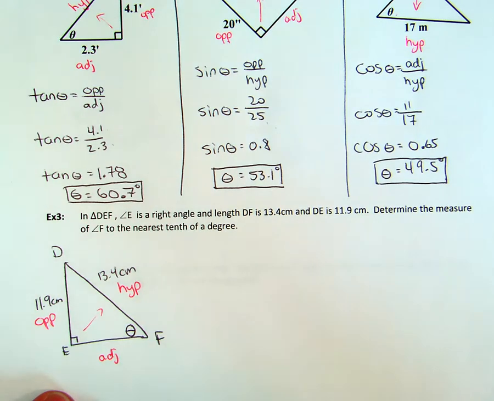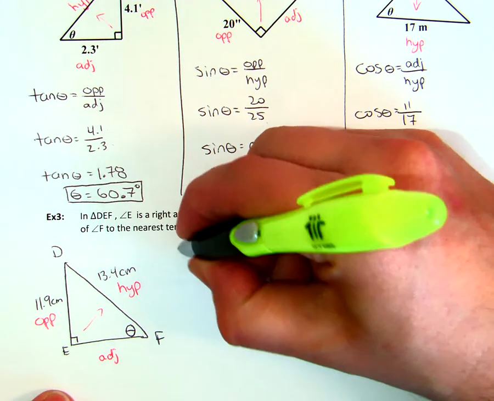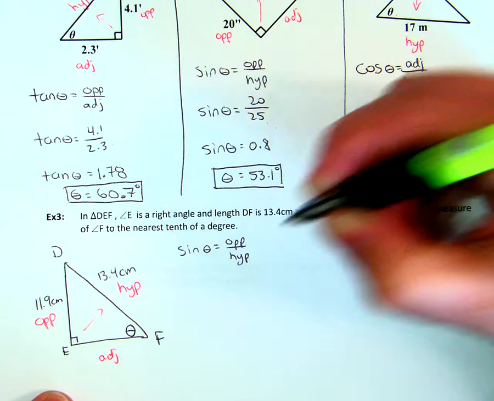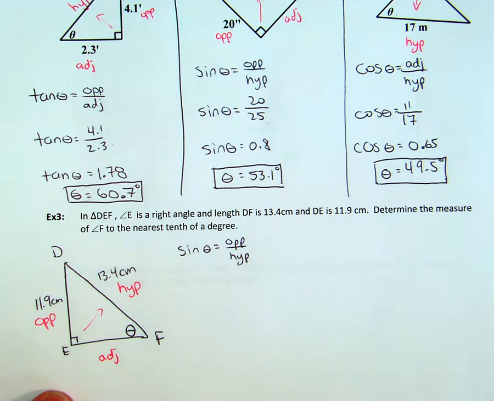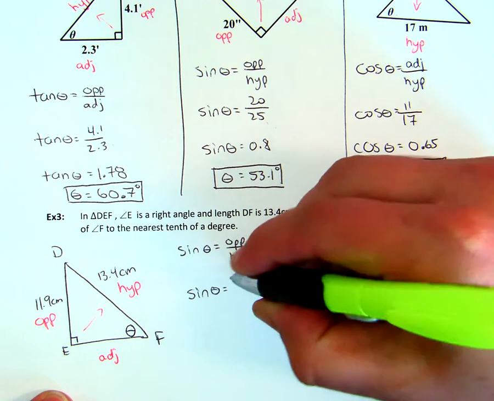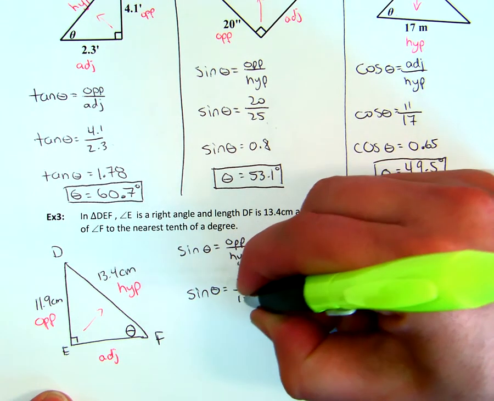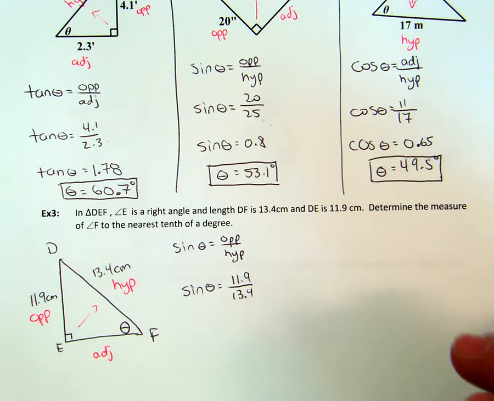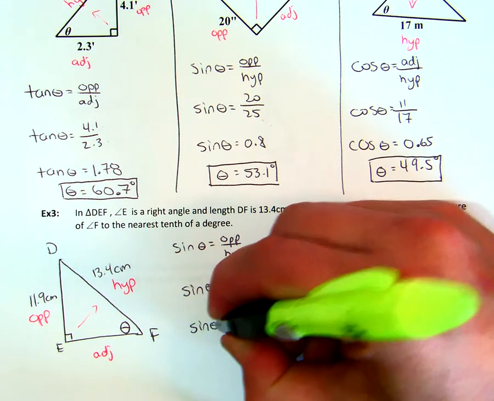So then I figure out which one I need. So you look at the chart. I don't care about the adjacent. So opposite and hypotenuse, that's sine. So sine theta is equal to opposite over hypotenuse. That's a mark. And substitute in for opposite and hypotenuse. Sine theta is equal to 11.9 over 13.4. I need to change that to a decimal. So 11.9 divided by 13.4. I get sine theta equals